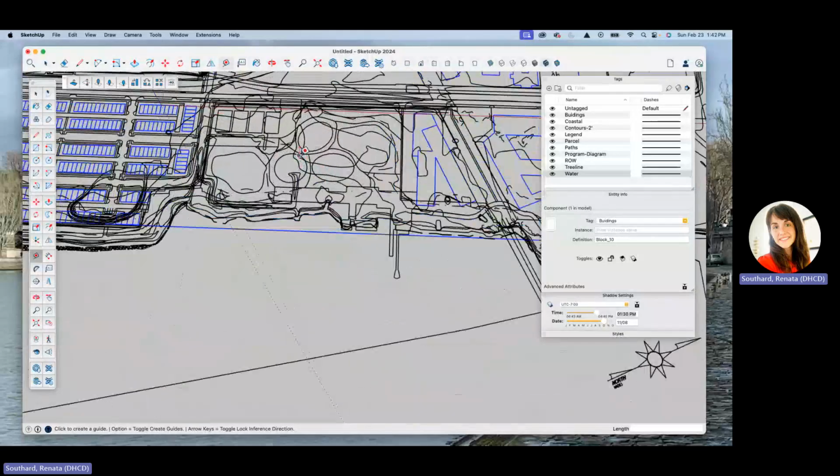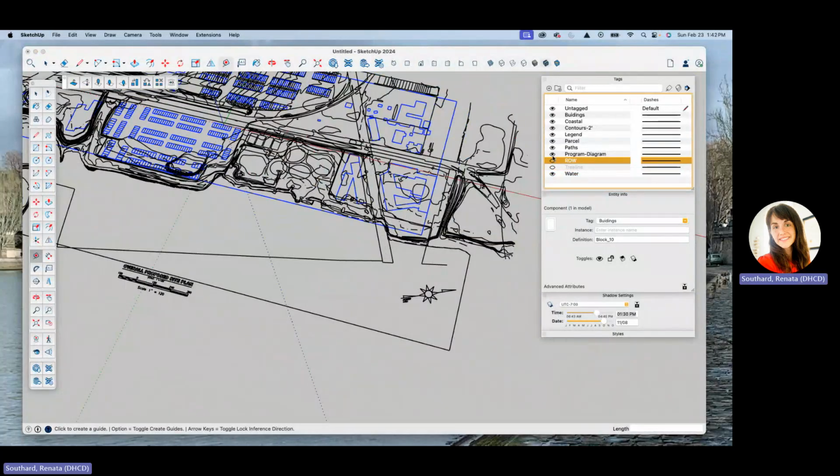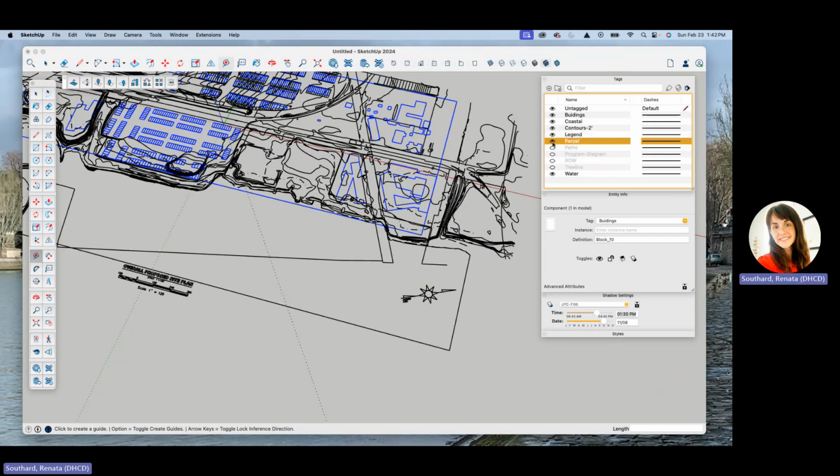Now, in order for me to start manipulating this, I'm going to want to make these from line work into actual geometries. Let's start with the tree line, and then we can go into the buildings and things like that. So let's start with the water. Oops. See what happened there? Okay,